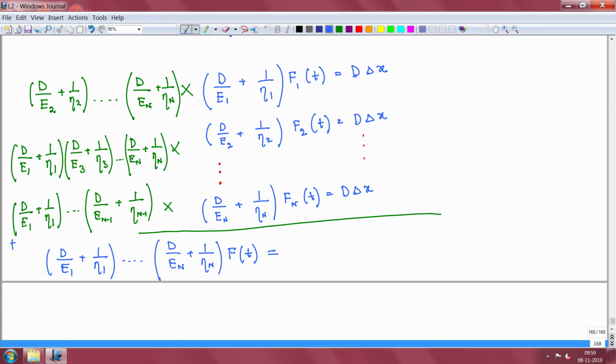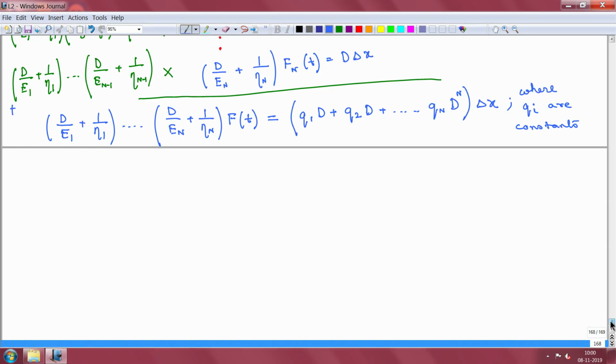Okay. So, this with different coefficients. What you will end up having is a polynomial in D such that the q_i's are constants, some constants which have to be determined, right. So, you can do this cumbersome addition and you can determine these constants. So, these constants are fully determined, but we are not working it out here. Okay. So, this suggests